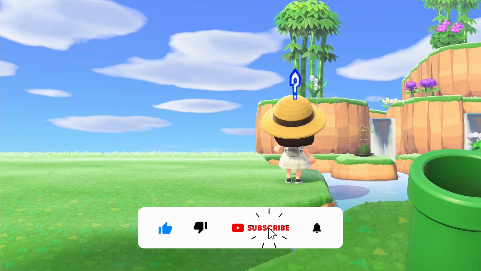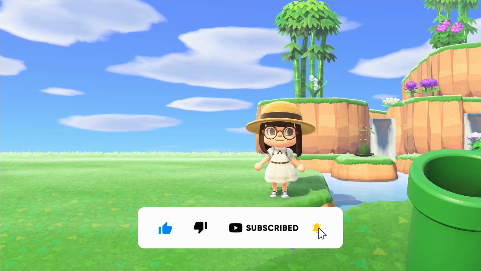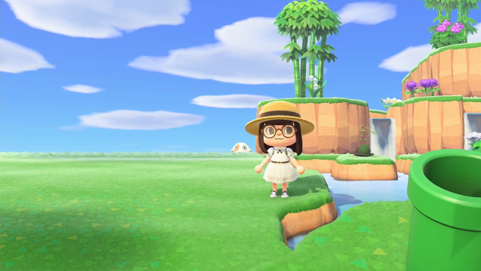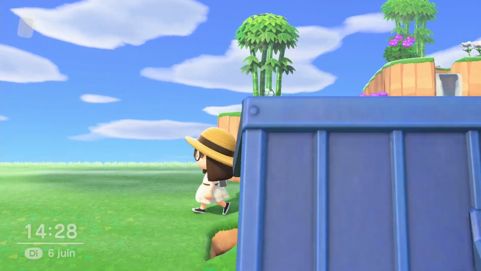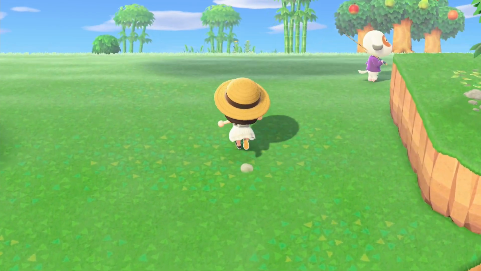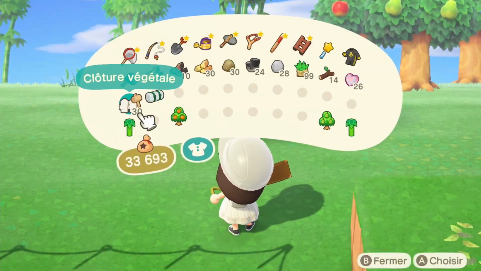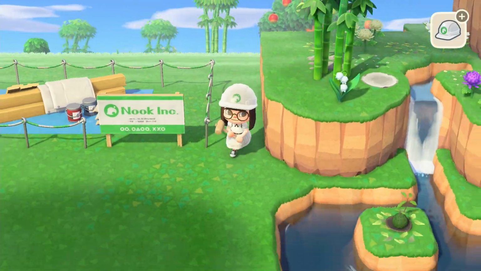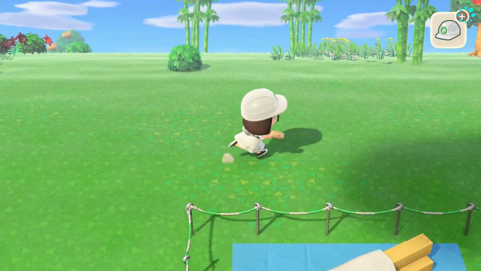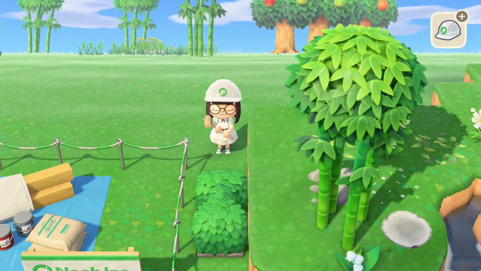I am Shamali and today we are going to build my museum, at least part 1, because this was a really long build, so I decided to split it up into 2 parts. So here we jump right in, where my museum is placed, and I'm going to start building around it.